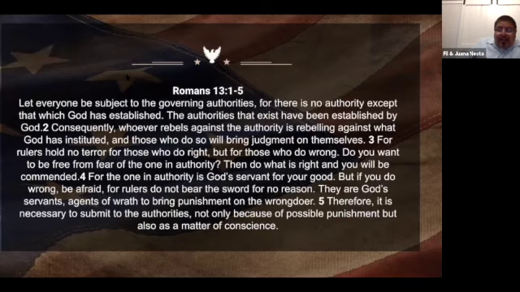So all these examples in the Bible about immigration and how we should treat the immigrants as one of our own, but then there's this Romans chapter 13 that a lot of people cite. I'm not going to read it all, but it's basically let everyone be subject to the governing authorities, for there's no authority except that which God has established. So this is something that is cited a lot. What about our laws around immigrants? Shouldn't we obey those? And shouldn't the immigrants that come to this country do it the right way?